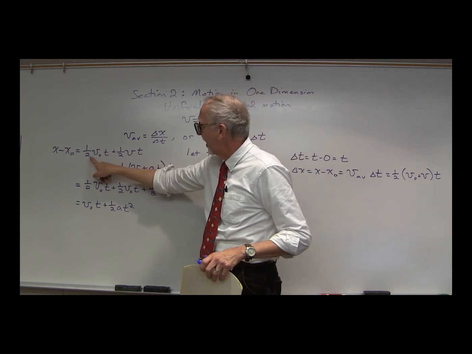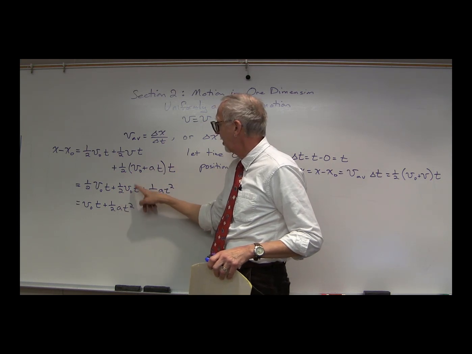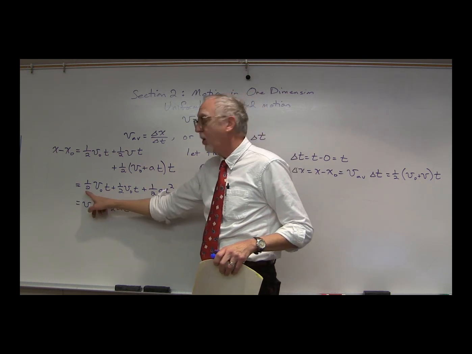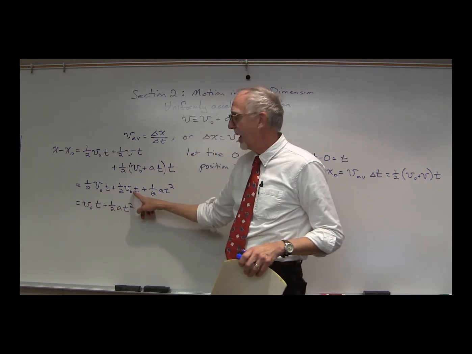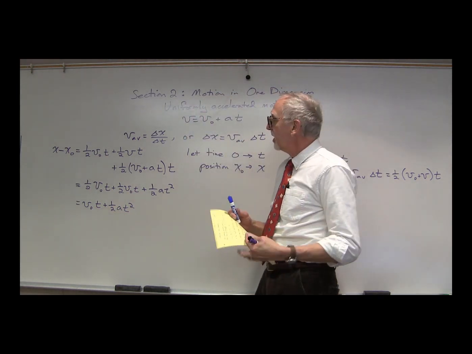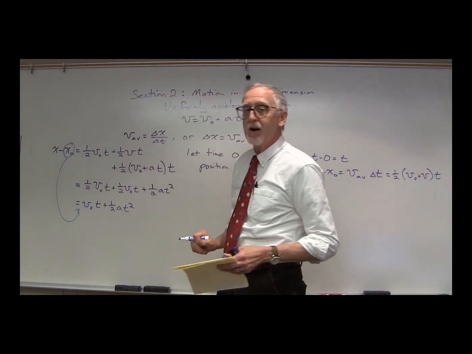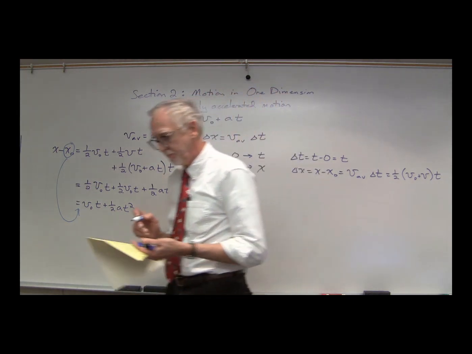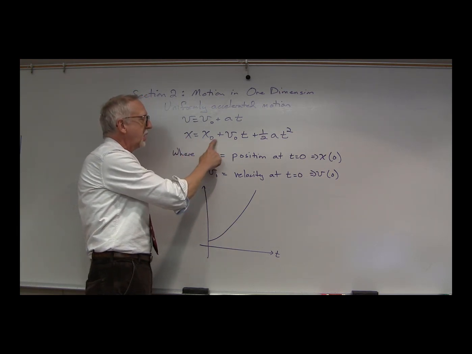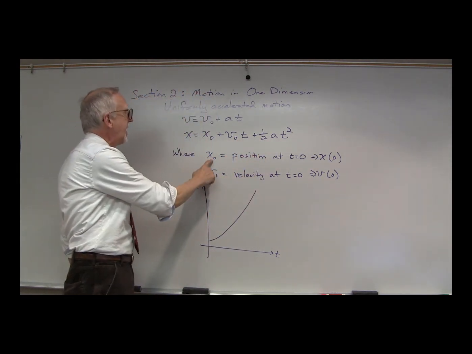And multiplying that out, we have 1/2 v naught t plus 1/2 v naught t plus 1/2 at squared. Well, the 1/2 v naught t and the 1/2 v naught t add together to give us v naught t plus 1/2 at squared. Let's take the x naught and stick it over on the other side and rewrite that equation. What we end up with is bringing the x naught over. We have x equals x naught plus v naught t plus 1/2 at squared, where, let's remember, x naught, this